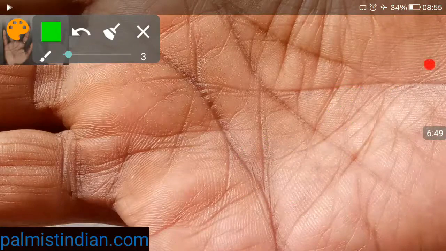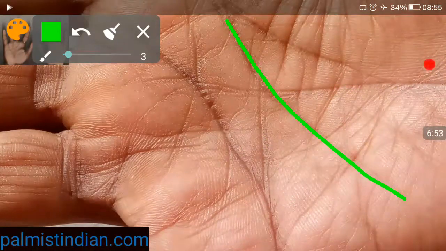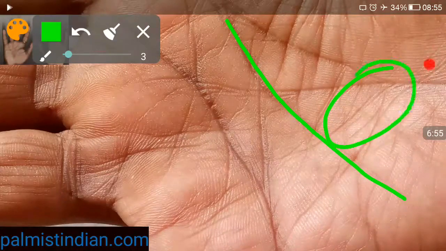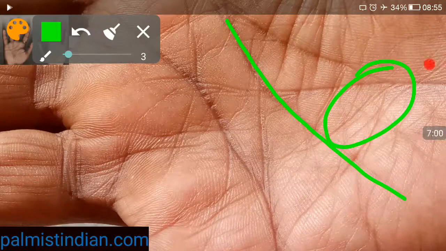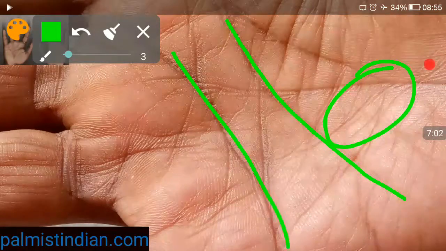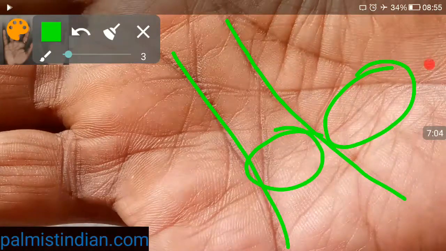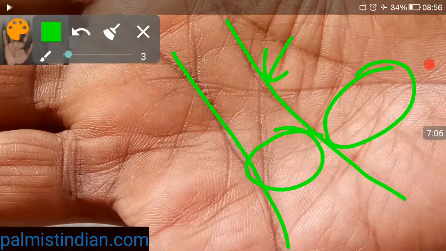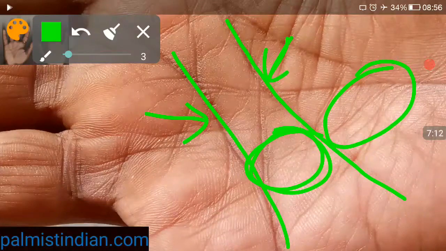So the line that is, and this is the headline, during this particular period is better than the line that is between the head and the heart line. This line is the heart line, and this is the headline, and this is the heart line. So the line between these two lines, if it is kind of wavy, what you are seeing,